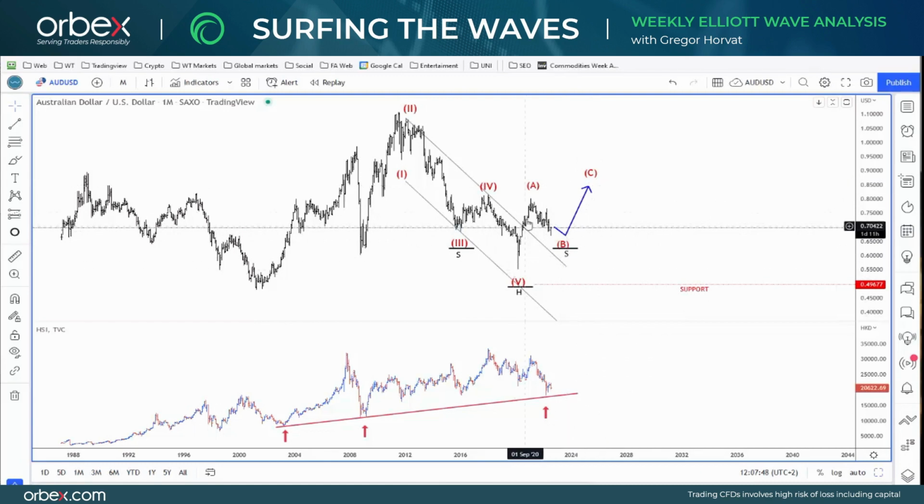And if we consider also the Elliott wave theory, well, this broken channel suggests that 5 waves down is finished. And again, always when you have completed 5 waves, you should expect minimum 3 wave rise. So wave C, in my opinion, still can be in the cards. Also watch out this Hang Seng index. We are at the multi-year trendline support. If we are going to see more upside from here, which I would not be surprised, then of course this could be positive for Aussie.